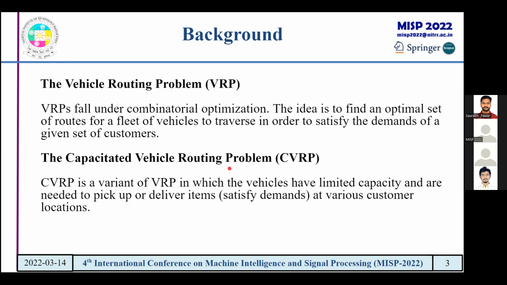The capacitated vehicle routing problem is a more constrained version of the vehicle routing problem, where we also take into account the capacities of the vehicles. The vehicle routing problem assumes that the capacity of the vehicle is infinite, but in a more realistic case, the capacitated vehicle routing problem also models the capacity of the vehicle, where there's only a limited capacity, and after it uses up the capacity, it needs to go back to the depot and refill or deliver whatever, and then come back to serving the customers again.